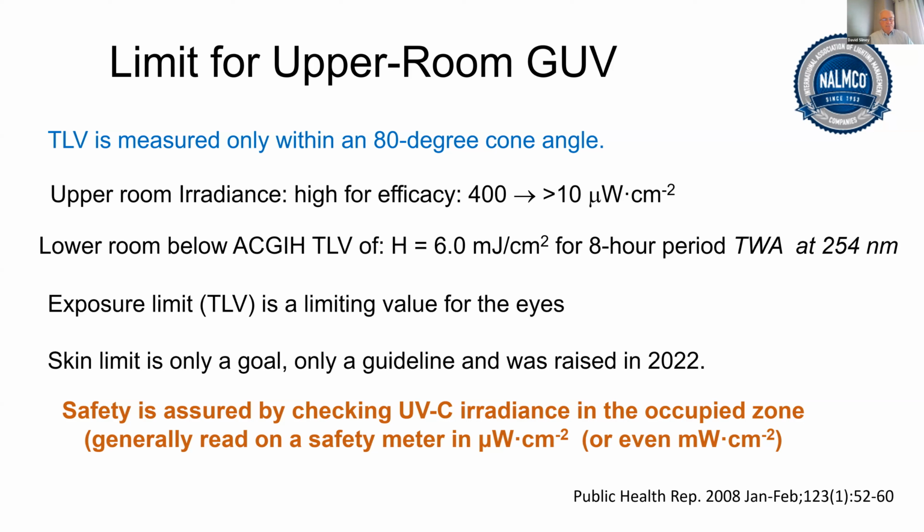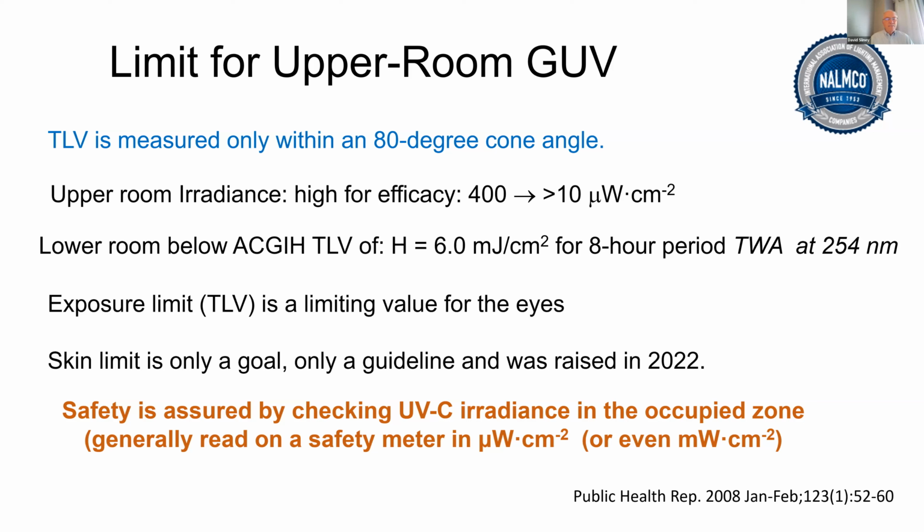But the limit for the skin in the UVC was also raised a little bit in 22, but not nearly as much at 254 as at far UV wavelengths like 222, where the increase was substantial based upon the biological effect studies that were